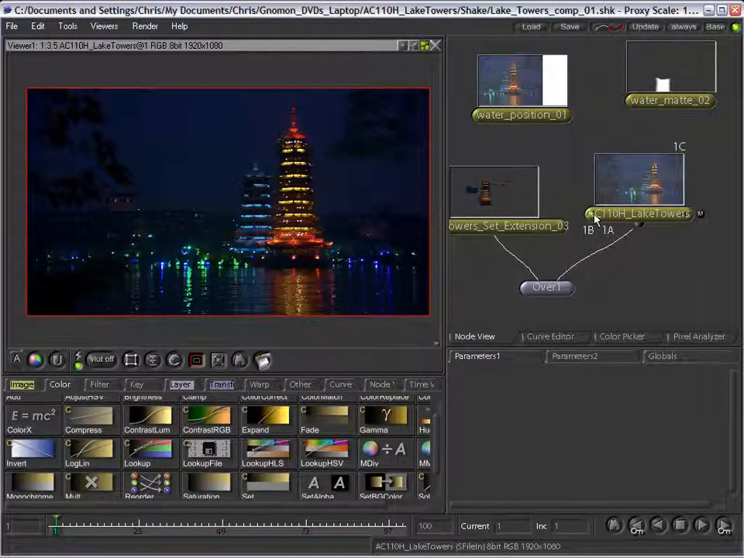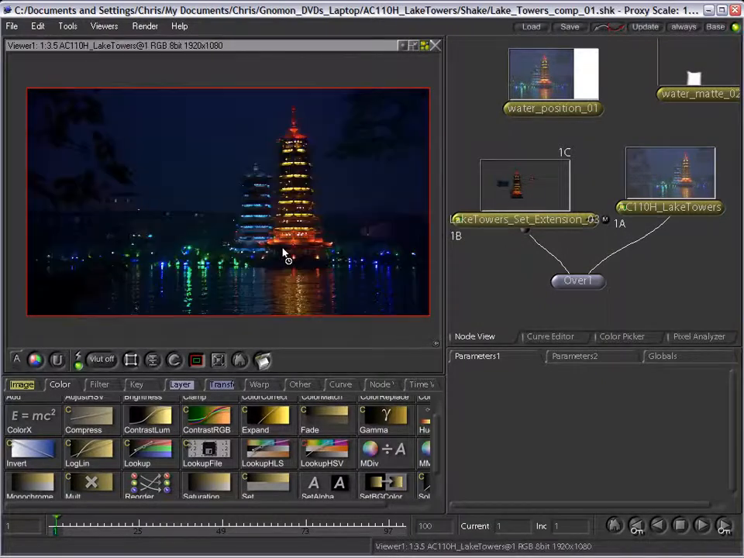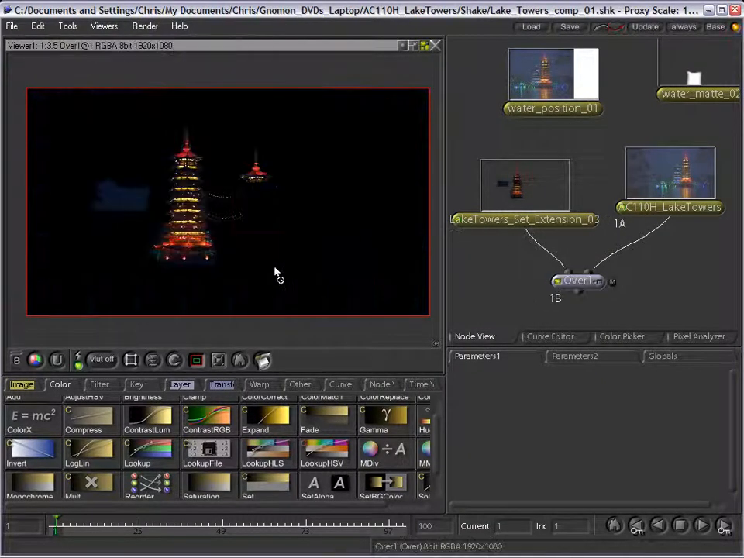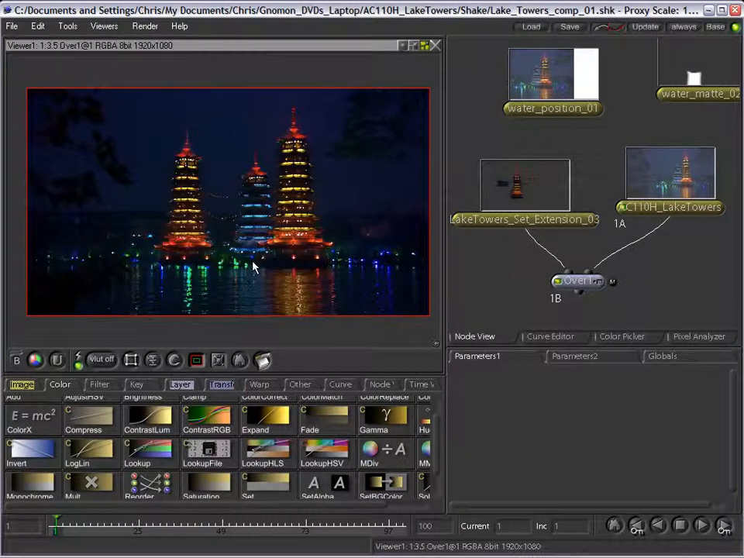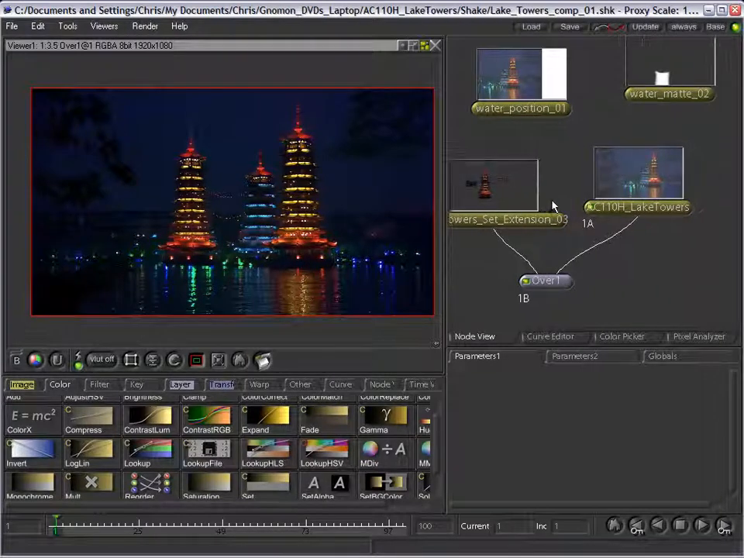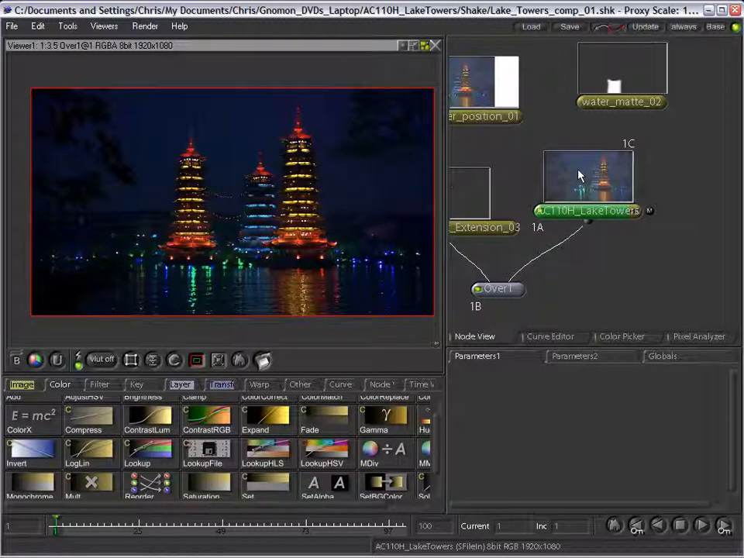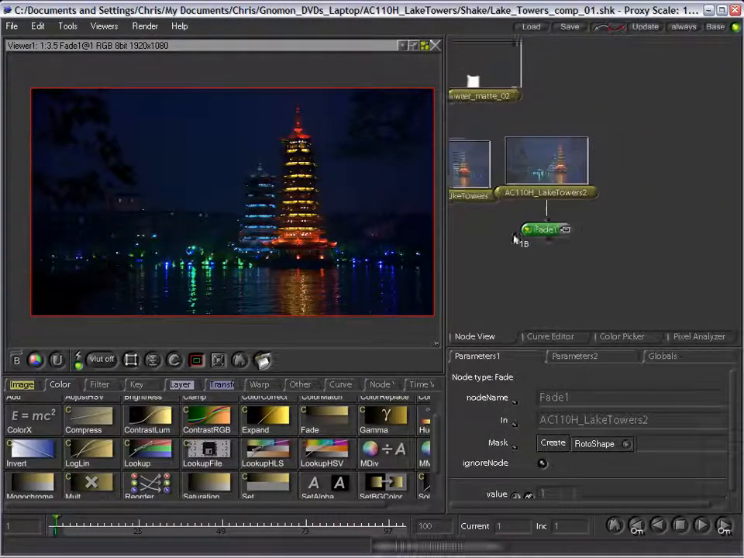Okay, so I brought the set extension into Shake, and I placed it in an over node, over top of the Lake Towers plate. So that basically just layers it over top of the plate, just like we had it in Photoshop. I'm going to duplicate the plate and use the mat